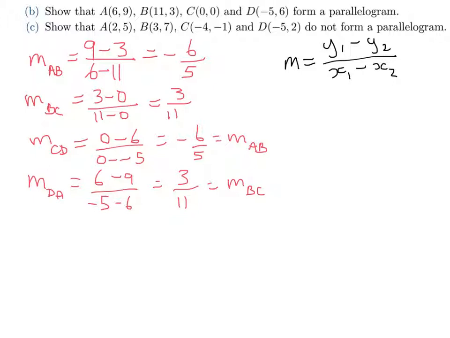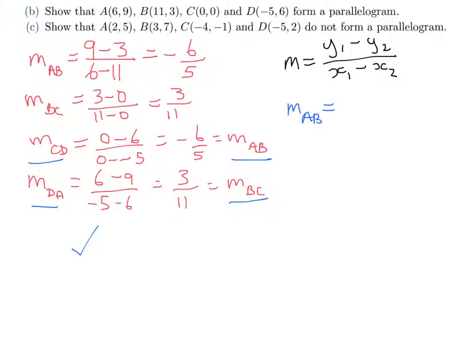So because the gradient of the opposite sides are equal, the opposite sides are parallel, and therefore it forms a parallelogram. Now, for part C, we need to show that there's a pair of opposite parallel sides that does not have the same gradient. So, the gradient of AB